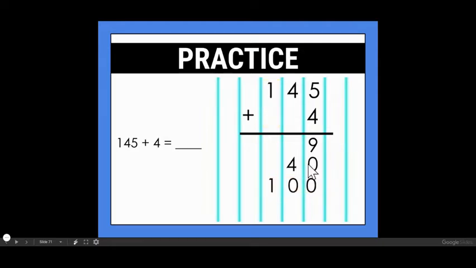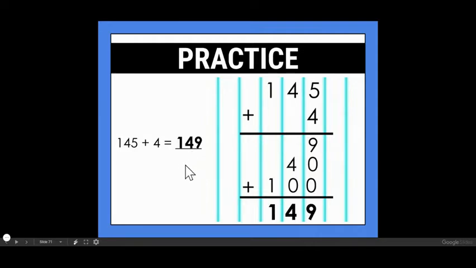So now I have all of my place values all lined up. And what I do now is I add all of these together. Well, doesn't this just look like expanded form? Here's my hundreds, my tens, and my ones. So if I'm adding these all together, I know that it's basically saying 100 plus 40 plus 9, which is just 149. So again, if I wanted to, I could look down and say 9 plus 0 is 9. 4 plus 0 is 4. 1 plus 0 is 1. So your sum is